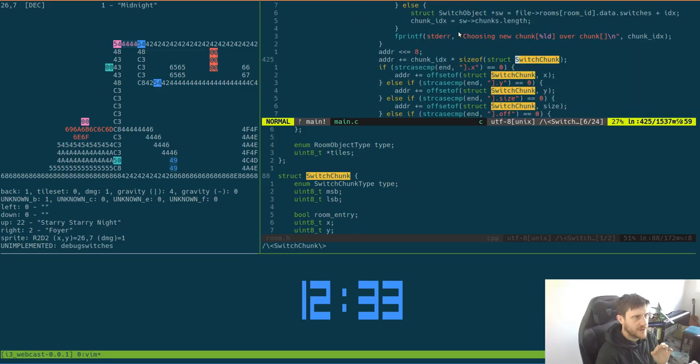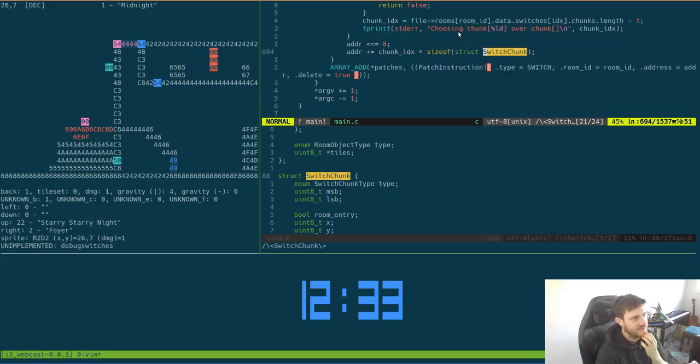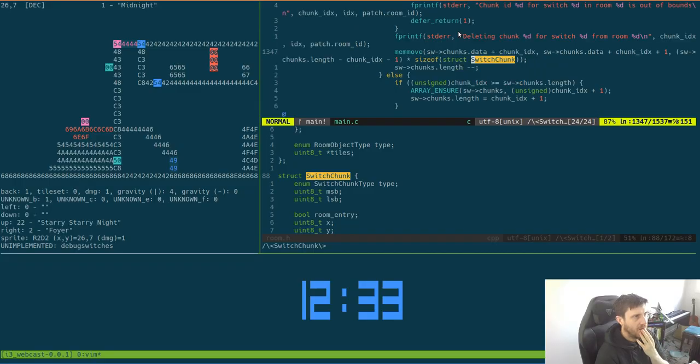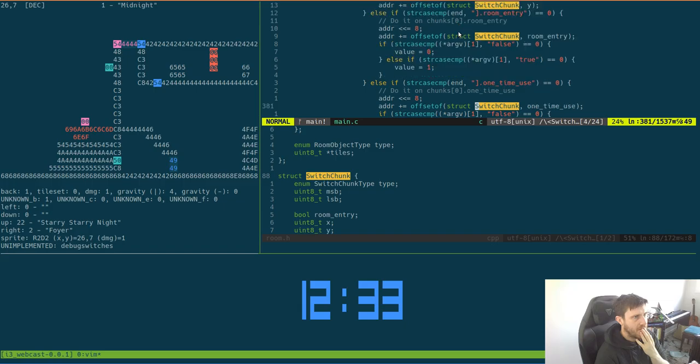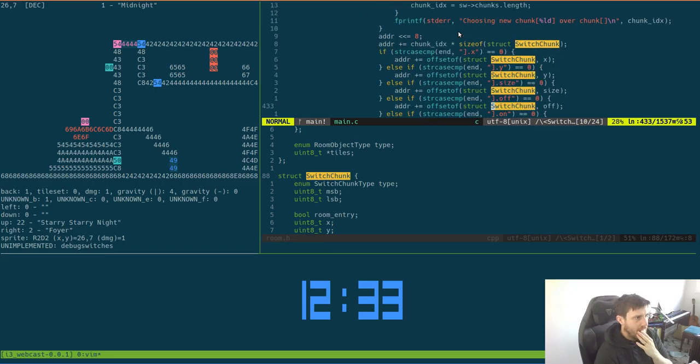Do we have a case on what type of chunk it is? Now I could just set anything that is right. Yeah, so I think we need to